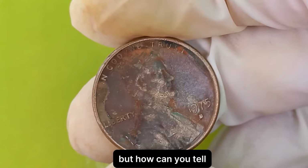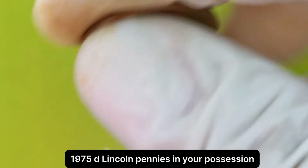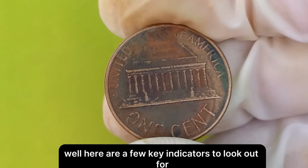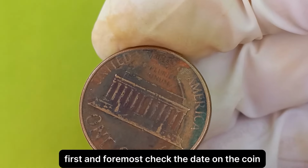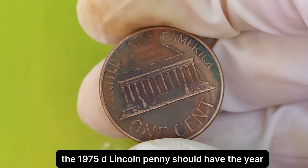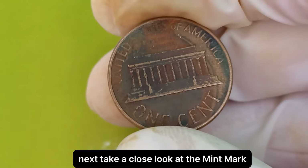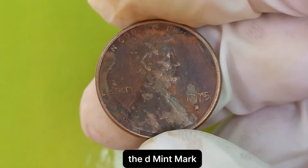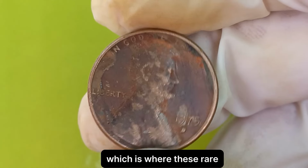But how can you tell if you have one of these ultra-valuable 1975 D Lincoln pennies in your possession? Well, here are a few key indicators to look out for. First and foremost, check the date on the coin. The 1975 D Lincoln penny should have the year clearly stamped on the obverse side. Next, take a close look at the mint mark. The D mint mark indicates that the coin was minted at the Denver Mint, which is where these rare aluminum